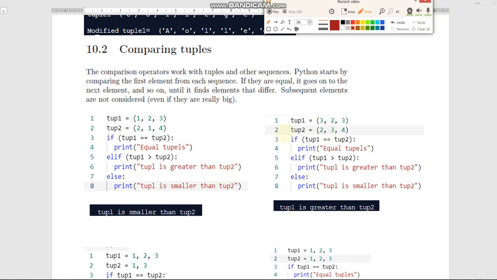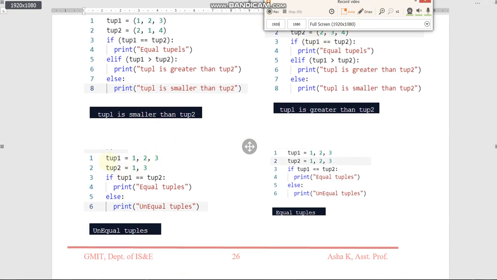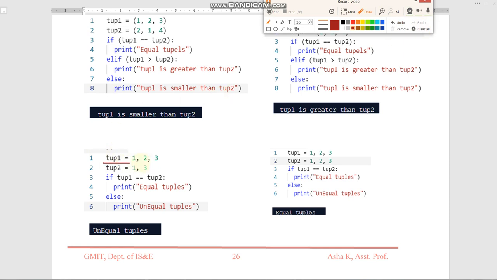Okay, one more example we have taken. We have declared tuple 1 with elements 1, 2, 3, and tuple 2. Here the first elements are compared, 1 with 1.